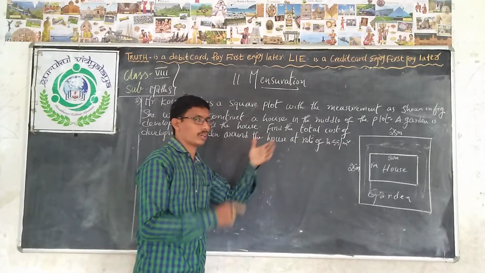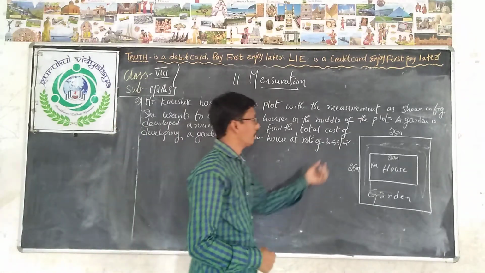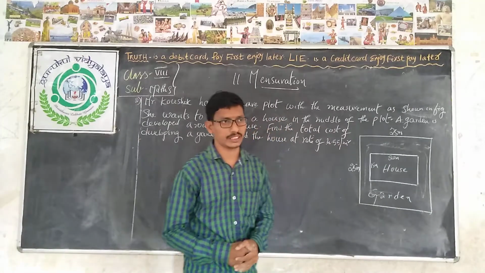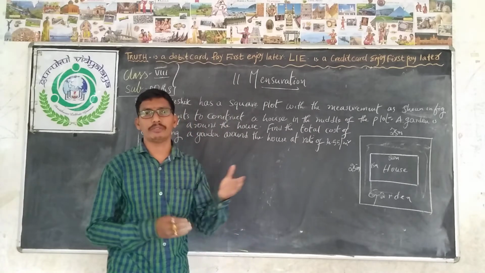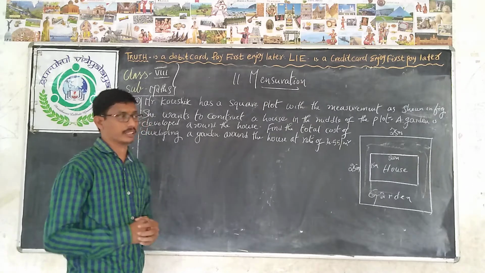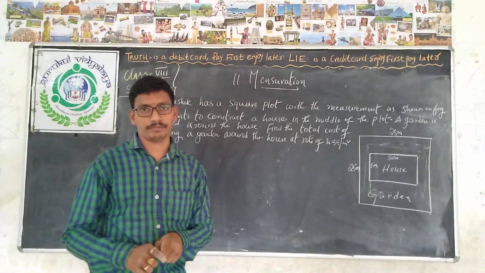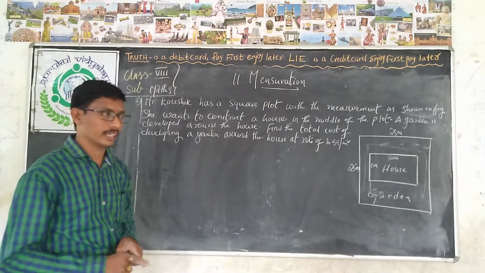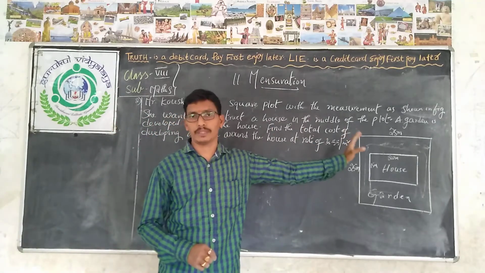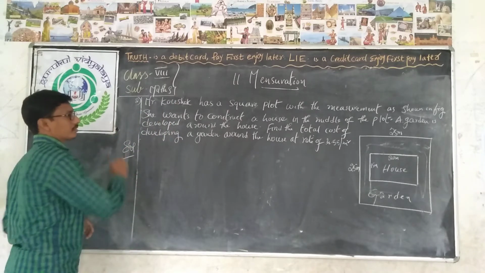Suppose the total area of a garden is 10 square meters. For example, the cost per square meter is 55 rupees. So 10 into 55 is 550. The total amount spent will be 550 rupees. Like that only. First of all, you have to find the total area of the garden. Then only you can find the total cost of developing the garden in that area. So let us write some steps.